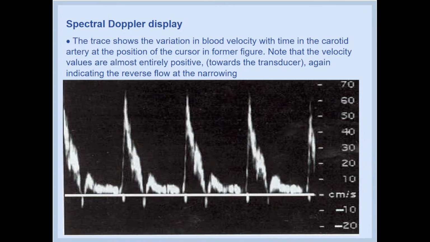The spectral Doppler display shows the distribution of the velocity of the blood structures, as it is shown, in the carotid artery. It is true for other vessels as well. And this is just the proof. Look, pay your attention. It is the proof of that, as the friction between the vessel's wall and the blood structures slows the motion of the blood.